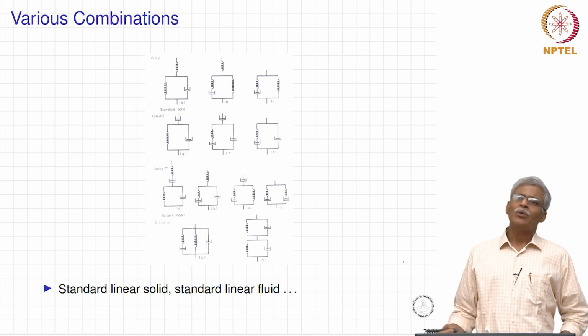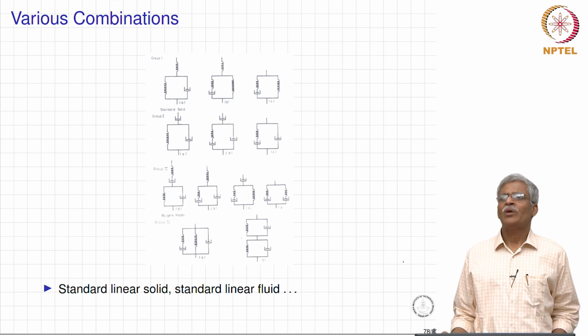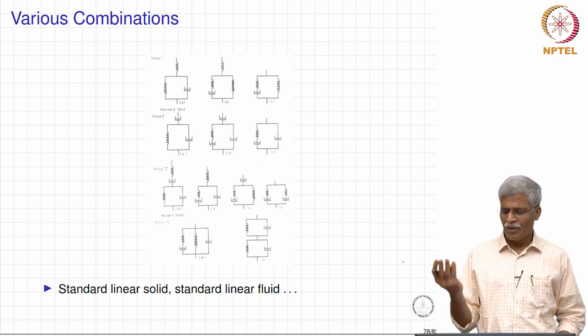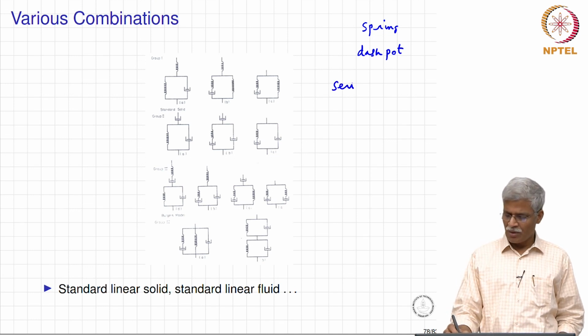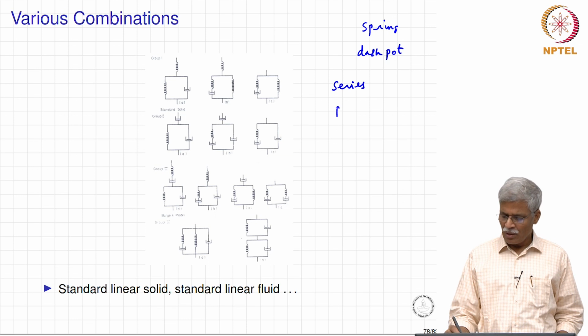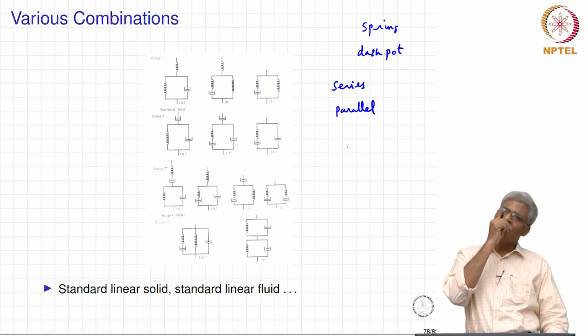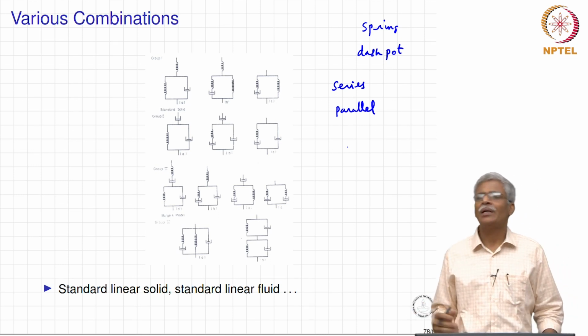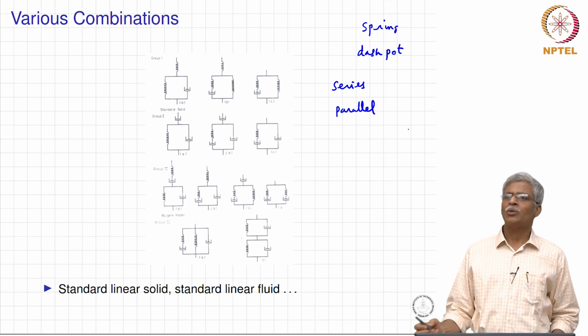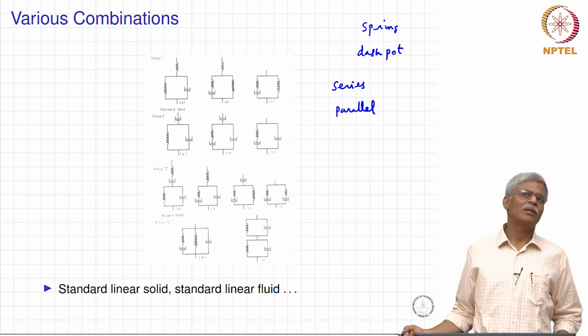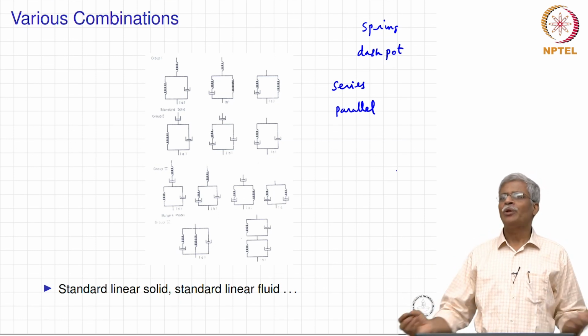So, what you now see here is a very general framework that we established. We identified a spring for the elastic element, a dashpot for the viscous element, and then we combined them in series, giving rise to a Maxwell model, and in parallel, giving rise to a Kelvin model. Then we realized that these two models cannot completely predict the response of a viscoelastic material. So, we put the Maxwell and the Kelvin model together in series to come out with yet another model, Burger's model, and it seemed to be doing most of the things.